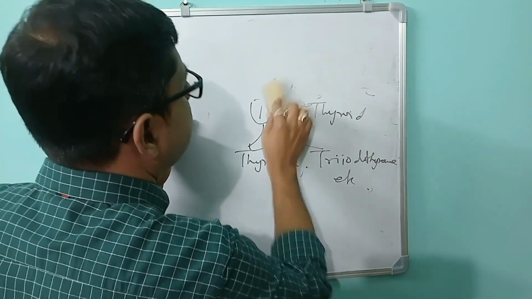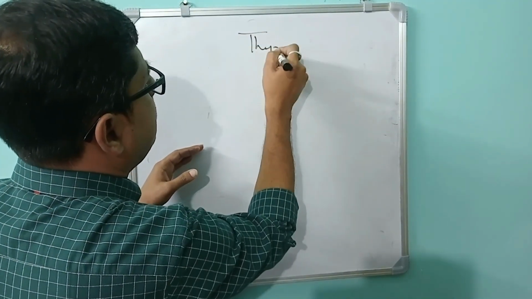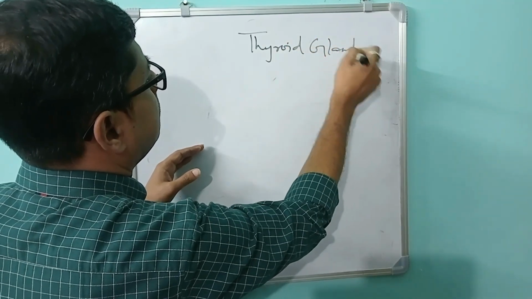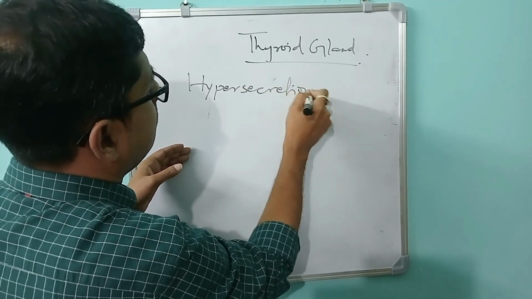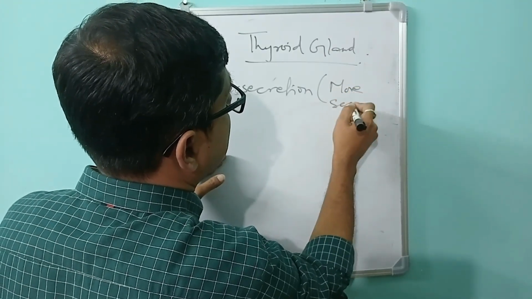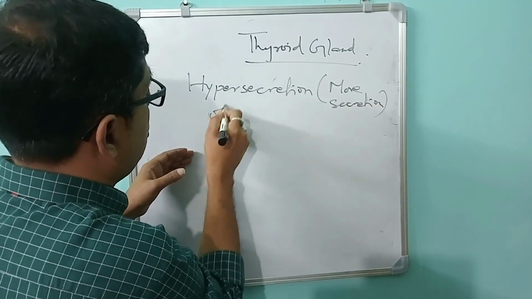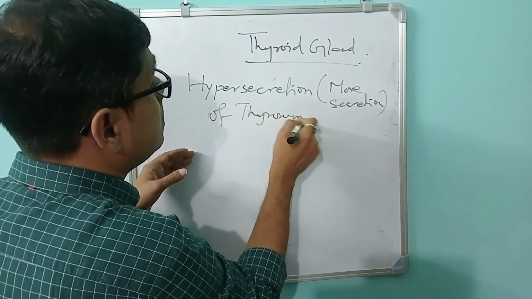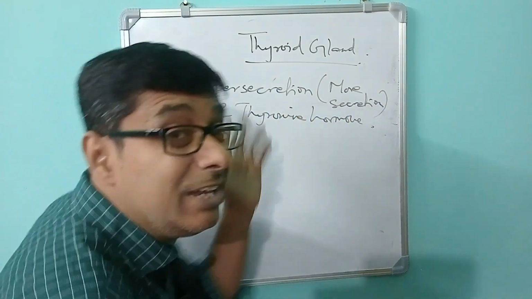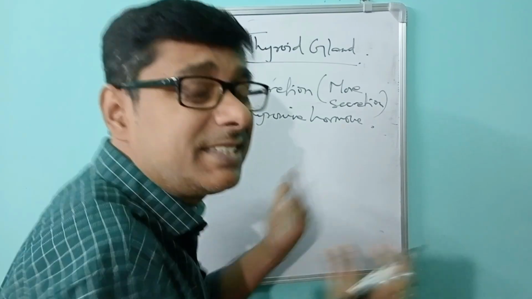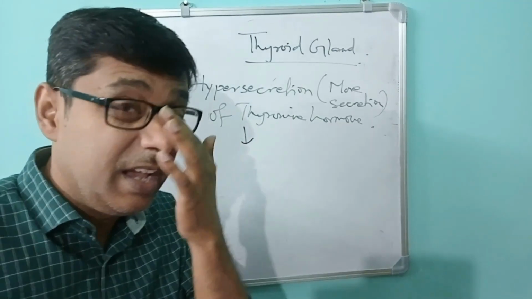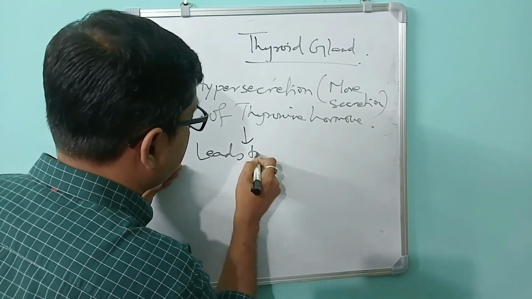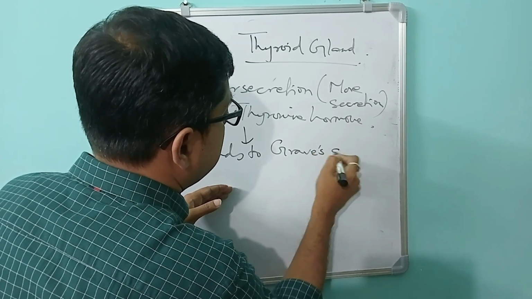Now the final one about the thyroid gland: hypersecretion, which means more secretion of thyroxine. When thyroxine hormone is released in more or excess amount from the thyroid gland, what problem does it cause? It creates a disease called Graves' disease, or there is another name of Graves' disease,